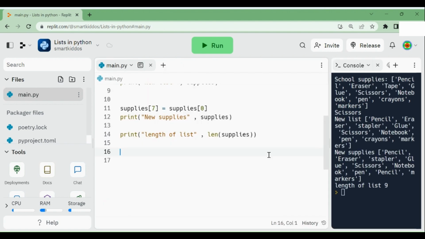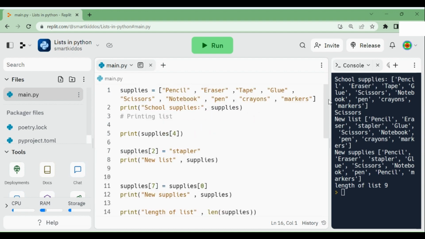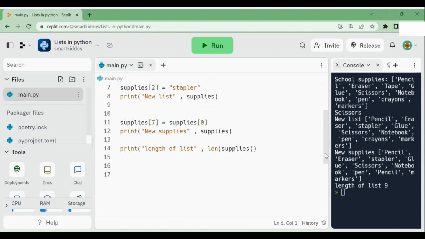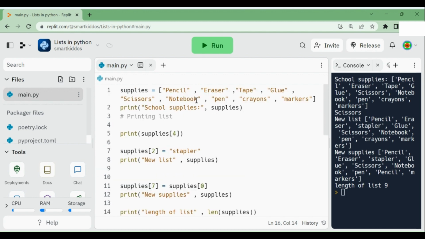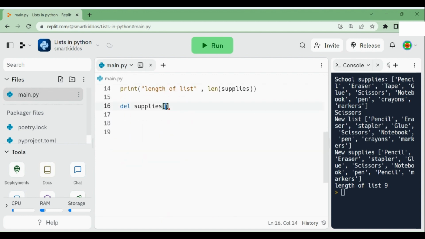Awesome. Now let's talk about delete. Delete is really important as we can delete anything in the list, and that's pretty important. Let's say that we don't need to bring glue as the school already has a lot of glue for us to use. So we need to delete glue or remove glue from our school supplies. So what we can do is del supplies, which is the list name, brackets, and which element is glue? Well, 0, 1, 2, 3. It's the third element in the list. So I'm going to give 3 here